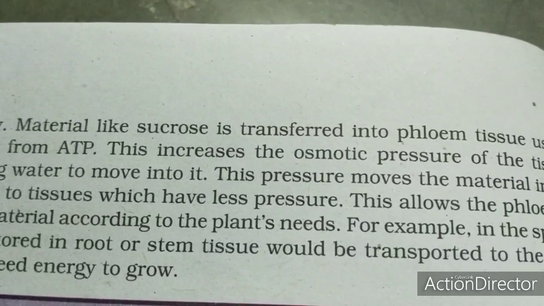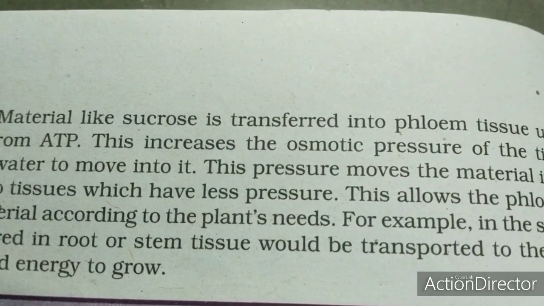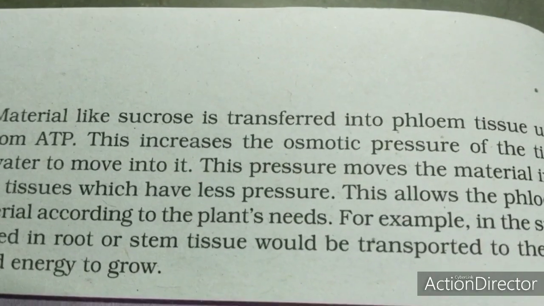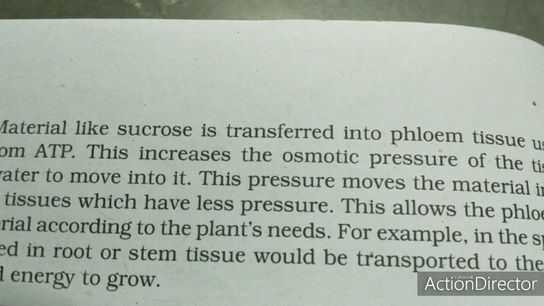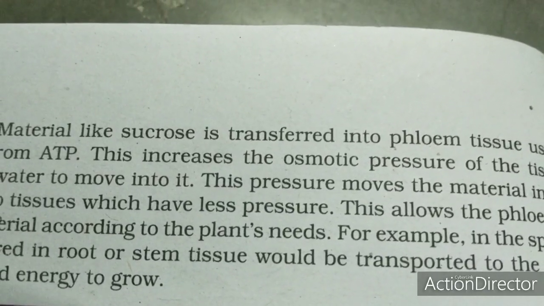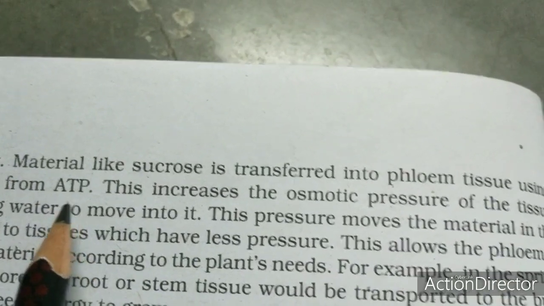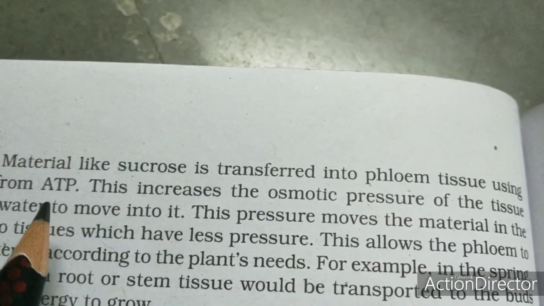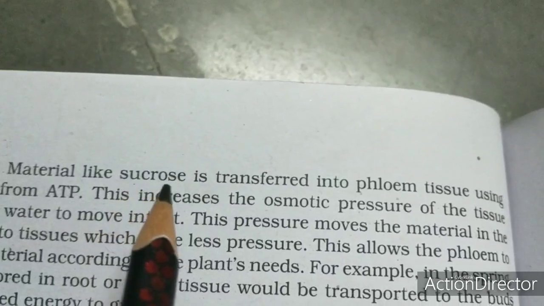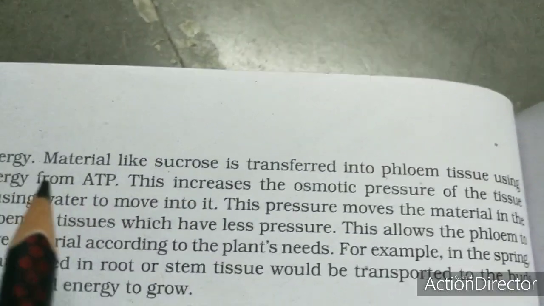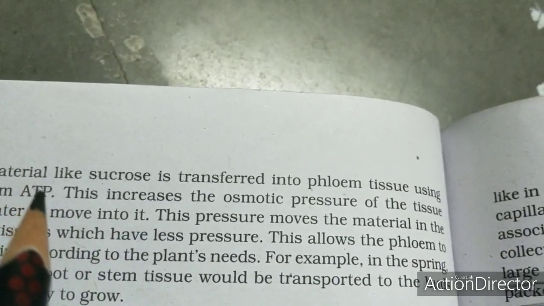The translocation of food requires a lot of energy. It does not take place just by physical forces as in the case of water movement. It needs more energy. The translocation gets energy from the energy molecules, that is, ATP molecules help in the translocation of food products, especially products like sucrose. The translocation of sucrose needs a lot of energy, so the energy from the ATP molecules is utilized for the translocation of the food products.